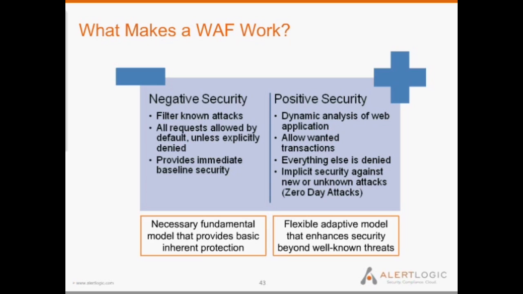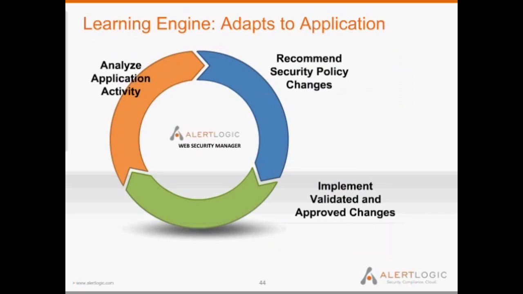And that's probably worth a little bit of explanation. But it's really a three-step process where the learning engine that builds that positive security model analyzes application activity, recommends a security policy change, and then that policy is validated by one of our web application security experts and ultimately is approved by the customer. Want to obviously do no harm in putting something in line, so want to be conservative and run it through really three levels of validation: automatic validation, the human validation by one of our analysts, and then ultimately the customer